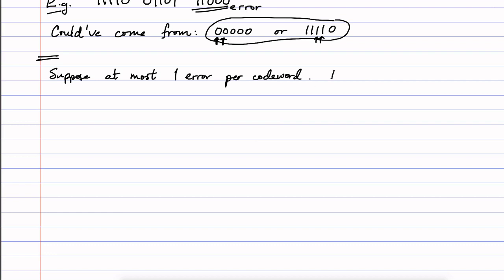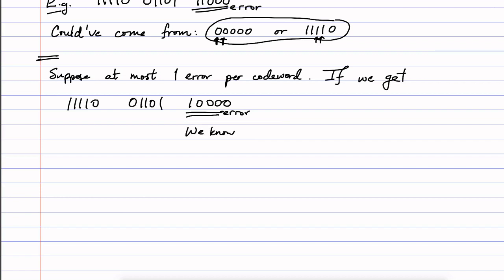So to illustrate, if we get a corrupted message, say like this, with the same second term, but now only one bit has gone wrong in the first term, then we actually know what the intended message was. So we know this was supposed to be all zeros,